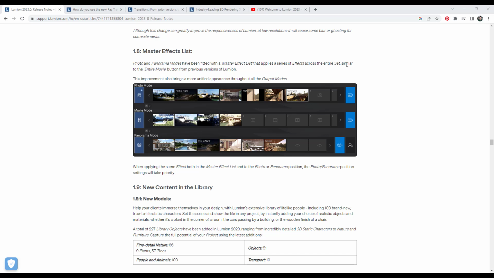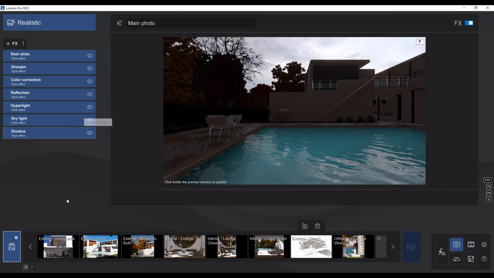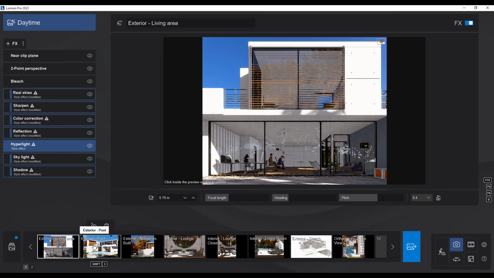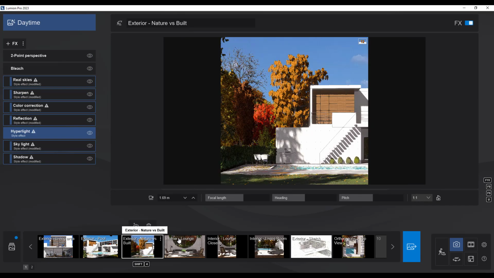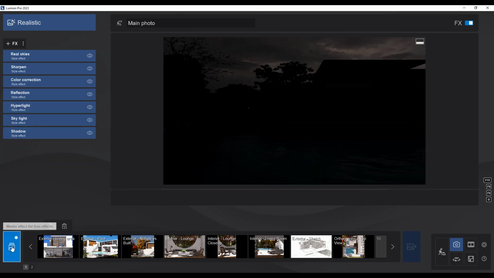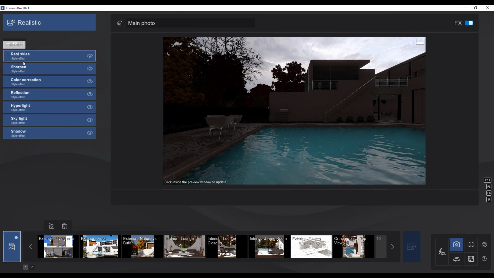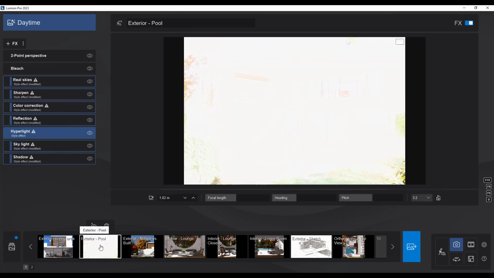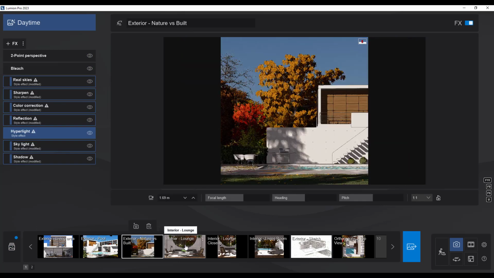All right, so they're also noting that they have this master effects list, which should be able to apply a series of effects across the entire set. I think I might be doing this one wrong. So when I go in here and I look at this, right, if I click between different scenes, like this, they all have their individual effects applied to them. The master effects list is over here, and if I click on this, this is going to show master effects, right, which I think is effects that are applied to multiple different